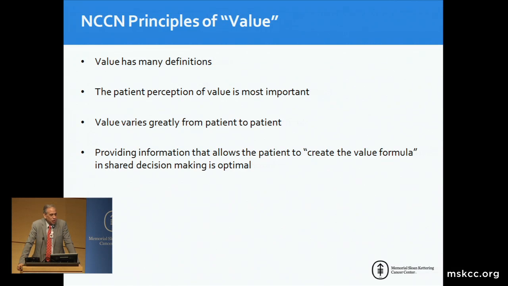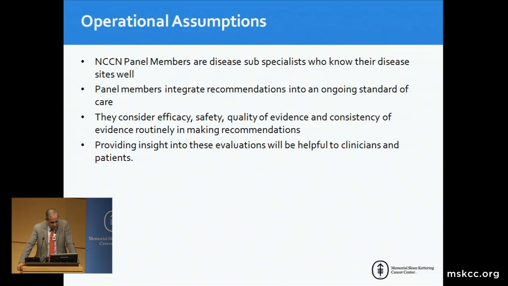Can we add value to the equation? You know, we have a lot of lists, and can we somehow help sort out between the choices? Now, the problem is value has a lot of different definitions, but the NCCN position is that the patient perception of value is probably the most important. But of course, what's valuable to one patient is not necessarily the same as to another patient. So the idea was to try to create a mechanism to get at value,